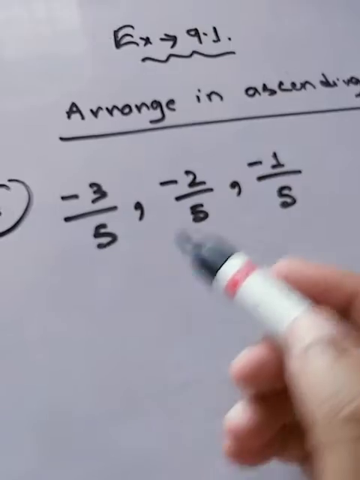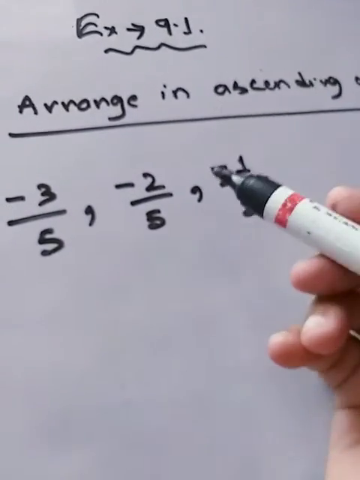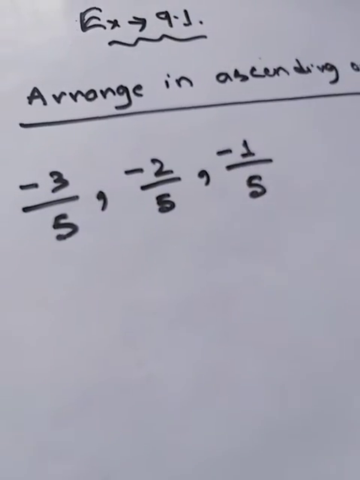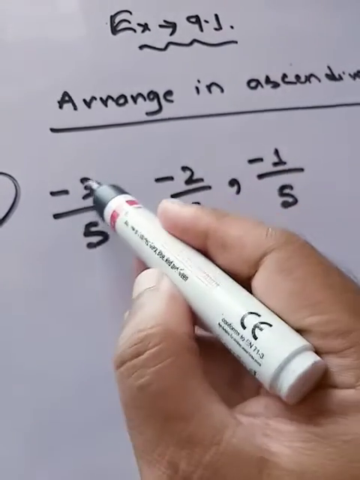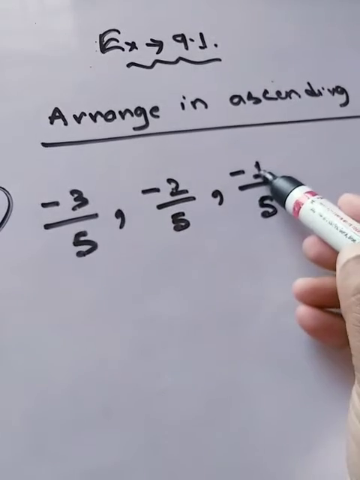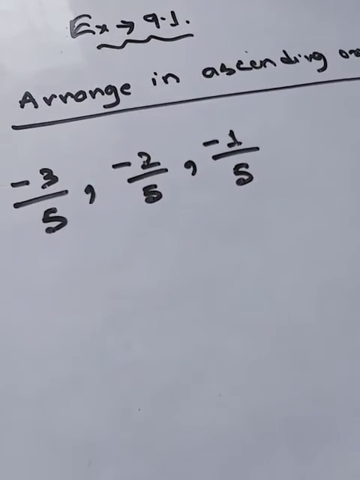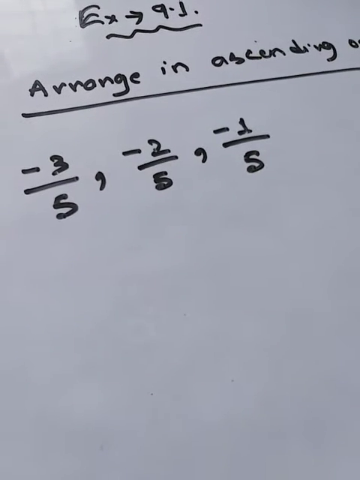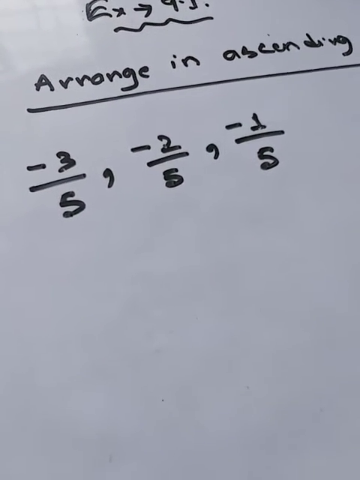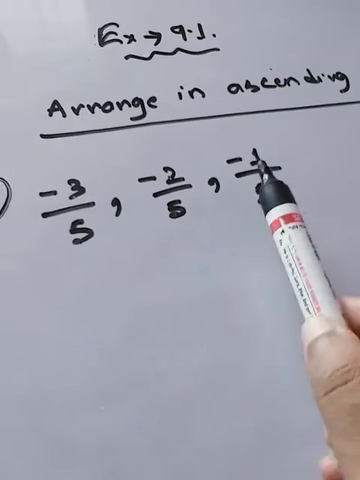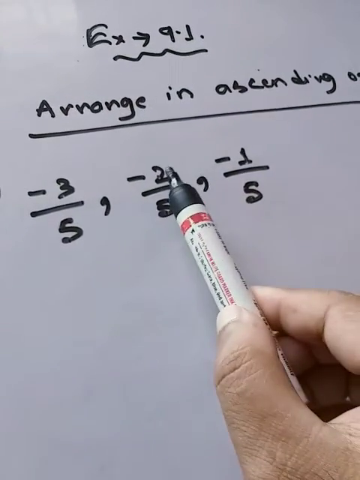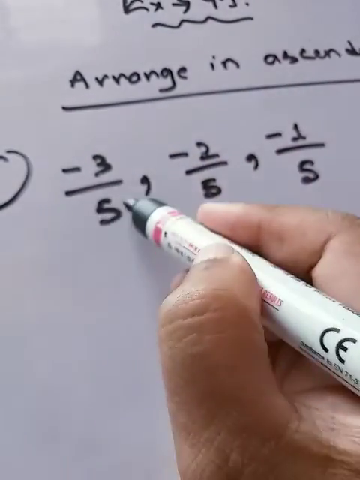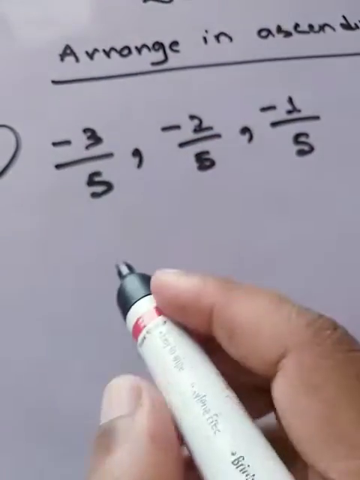So in this case, it becomes very easy to decide which number is the smallest one, which is the next number, which is the greatest one, and so on. So -3 is greater, -2 is greater, or -1 is greater? As I've always said, when you are comparing minus integers, you have to see which number is closest to 0. That number would be the greatest one. So in this case, -1 is closest to 0, then comes -2, and then -3. So -3 is farthest from 0, and this particular rational number is the smallest one.